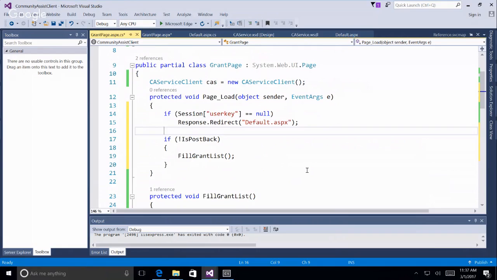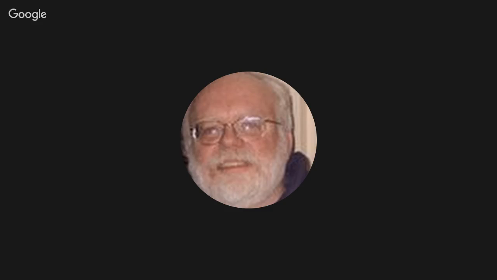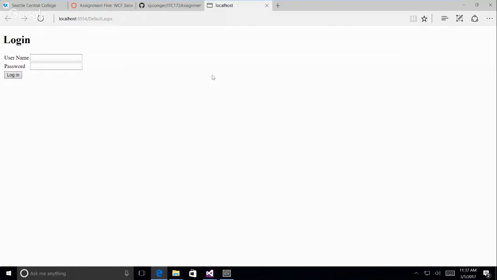So I was curious about this. This means that all of this is checking for is that the session key is existing, that the user key session is existing. So if I run it from this page, it should throw me directly to the login page. And see it pop back to the login. And hopefully,